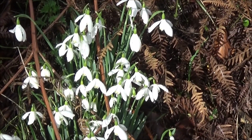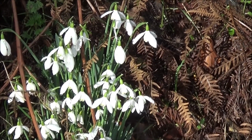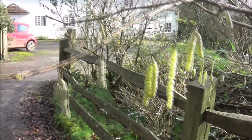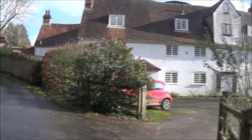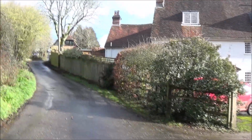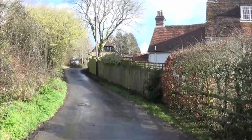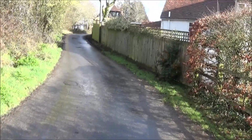So the snowdrops are out, spring's on its way, even got a bit of sunshine today. So we've got some catkins as well. Well, that's Durley Mill the mill, but Durley Mill the hamlet that we're walking through is a halt on the Botley to Bishopswood railway line, which is just under 4 miles long, and